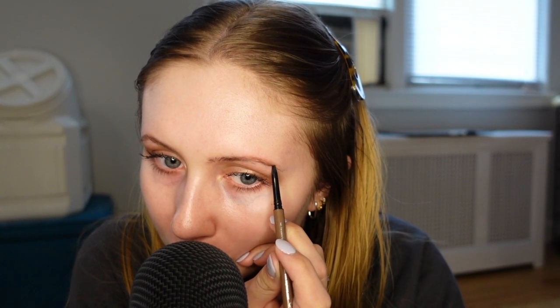So anyway, time to do my eyebrows. I'm just going to lightly fill them in. Just barely filling them in, basically. I don't even touch the inner part here. I only do from here out. Don't ask me why. It just looks better that way, for some reason. I don't know what that reason is. It could just be that I'm bad at doing my eyebrows, which